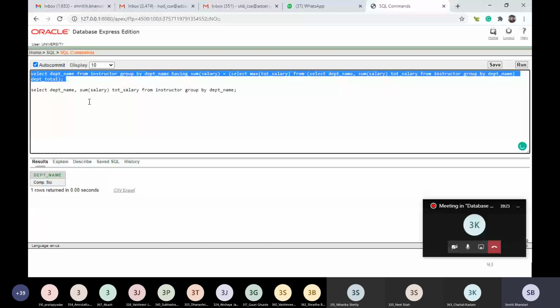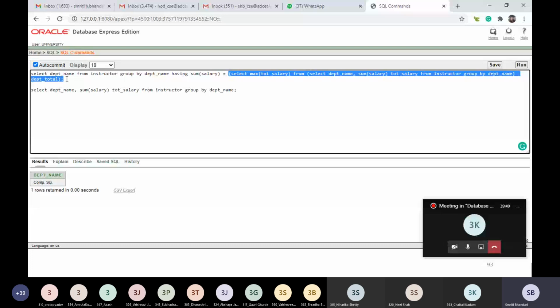Right? So now we have a single value that we can equate with something, because this statement gives us the maximum salary. So we want to compare this maximum salary with the sum of salaries for each department.